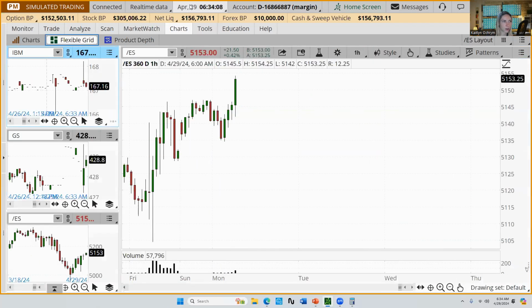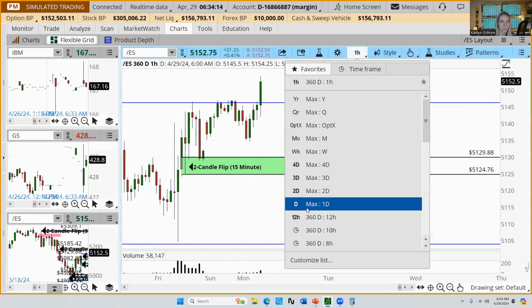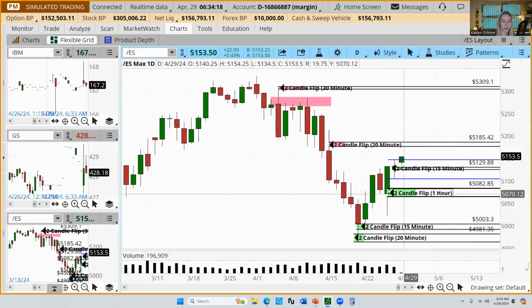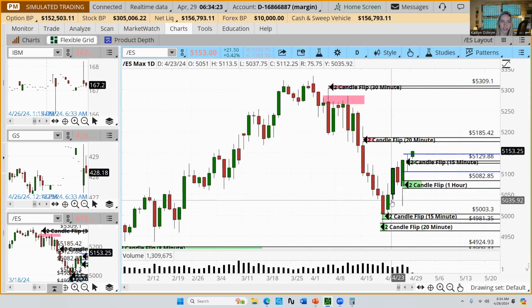All right, let's come out to the equity indexes. Huge move to the upside. Let's see, we're already at 0.41%. Again, daily chart foundation. So what we saw on the daily chart, just kind of walking through each day, is